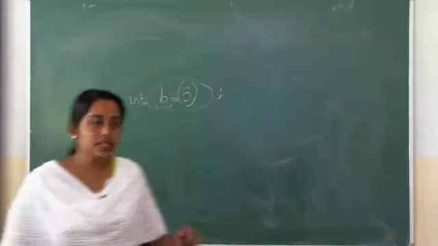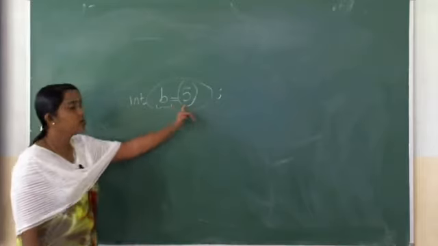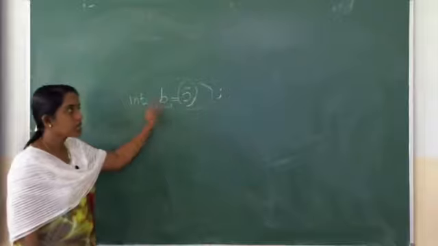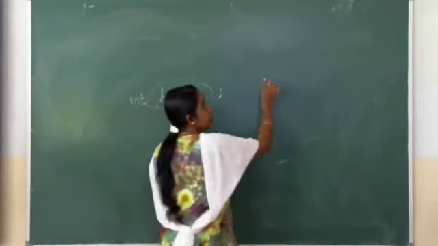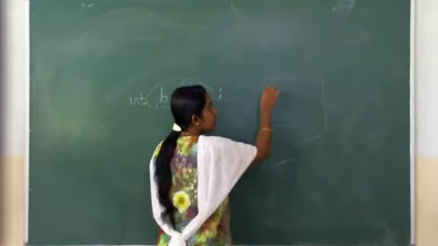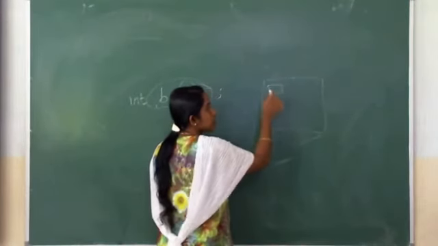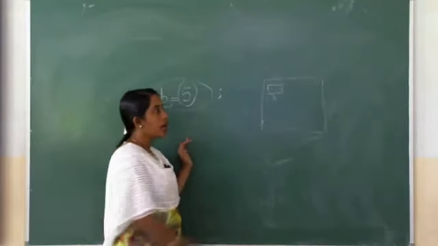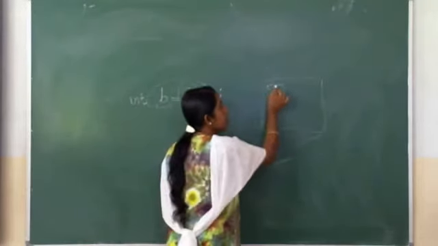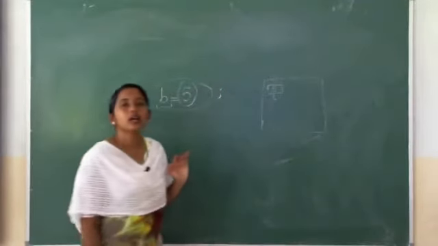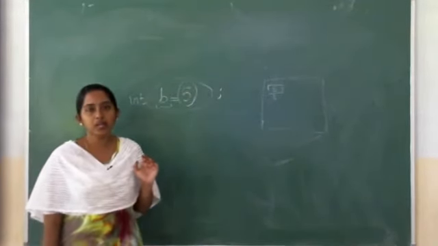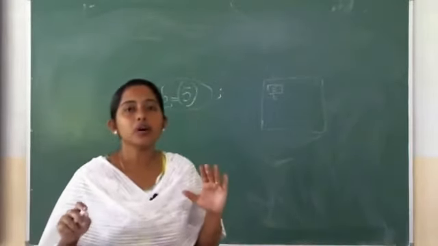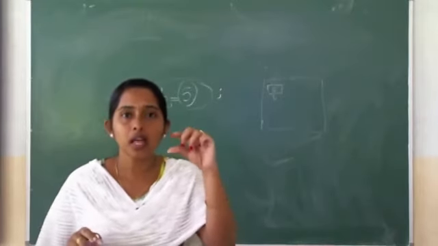Got it? Here I gave the value 5 to this particular variable B, which means in the computer memory, we are allocating a space and we are giving a name to that particular memory, B, and we are storing this value 5 inside that memory location. Okay, clear? It's like the phone gallery, where you are saving pictures with a name, isn't it?